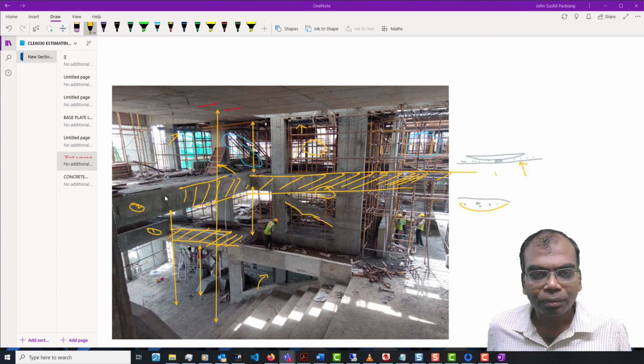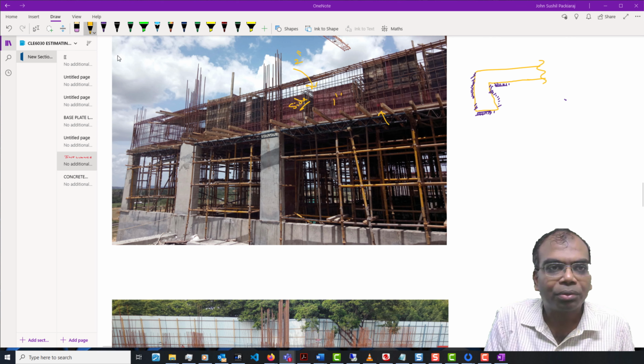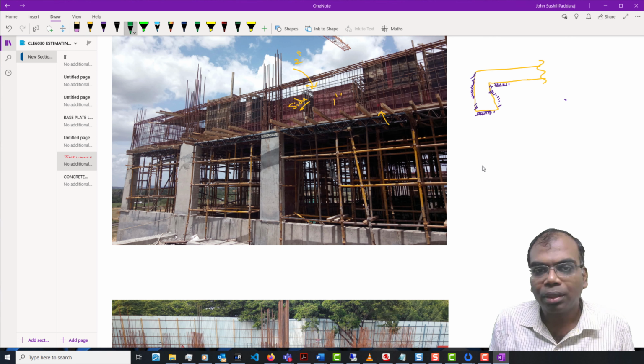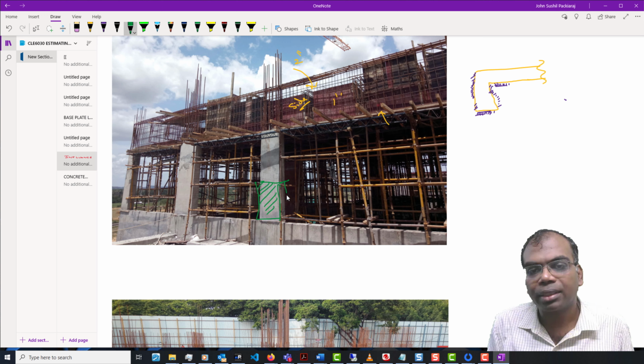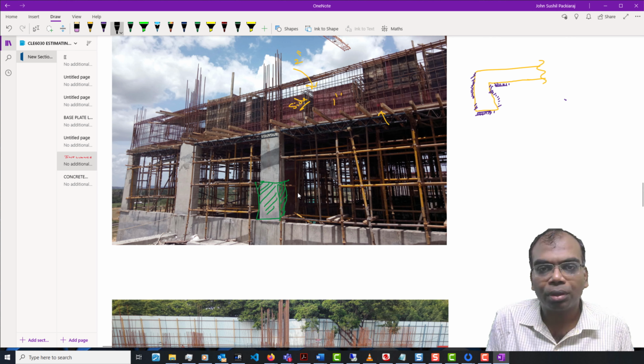Moving on. In the next class, I want to show a few things. For example, usually there are a lot of parts which go with this shuttering. The shuttering box comes in some standard size, and the code also specifies a height beyond which you are not expected to do vertical concreting. So if this is the first pour, then you'll have a second pour. Again, let me choose yellow.